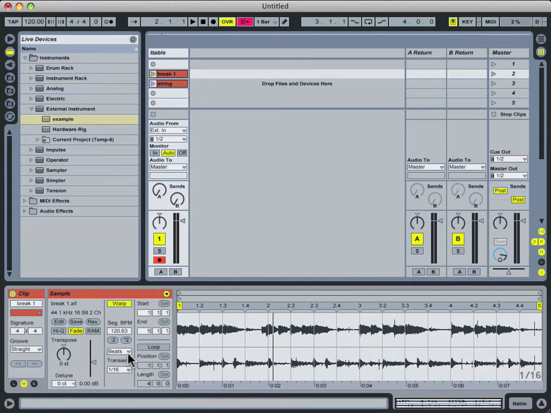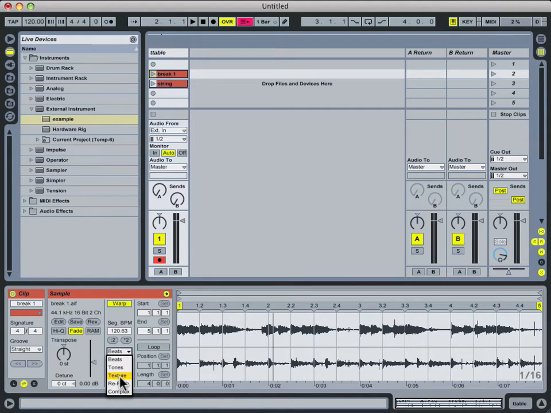Right now it's set to beats, and that's the default position. As you would expect, the beats algorithm is best for heavily rhythmic material, and that's what we have here. Even the melodic material in this breakbeat is very rhythmic in nature, so the beats algorithm is probably best. But we have a variety of other algorithms as well, such as tones, which is good for tonal instruments, texture,